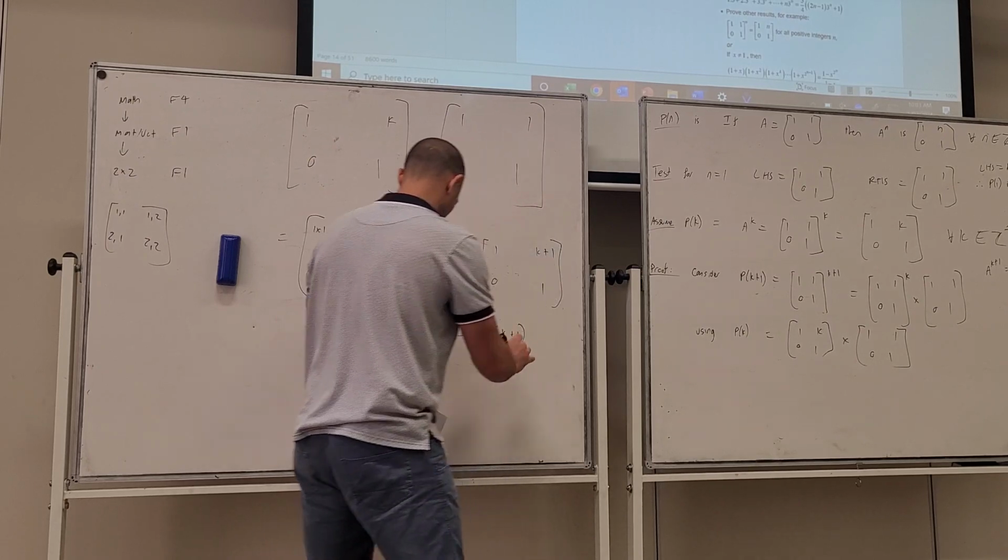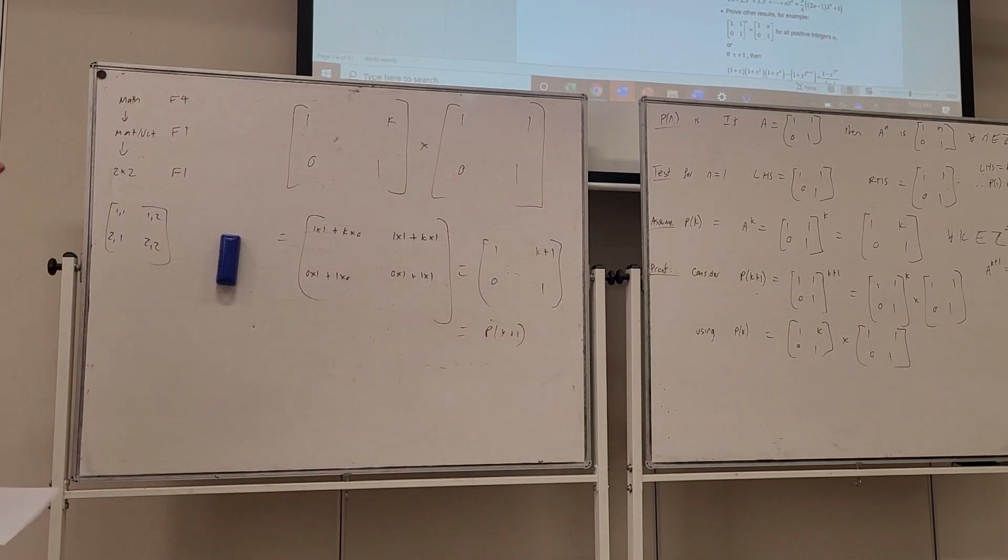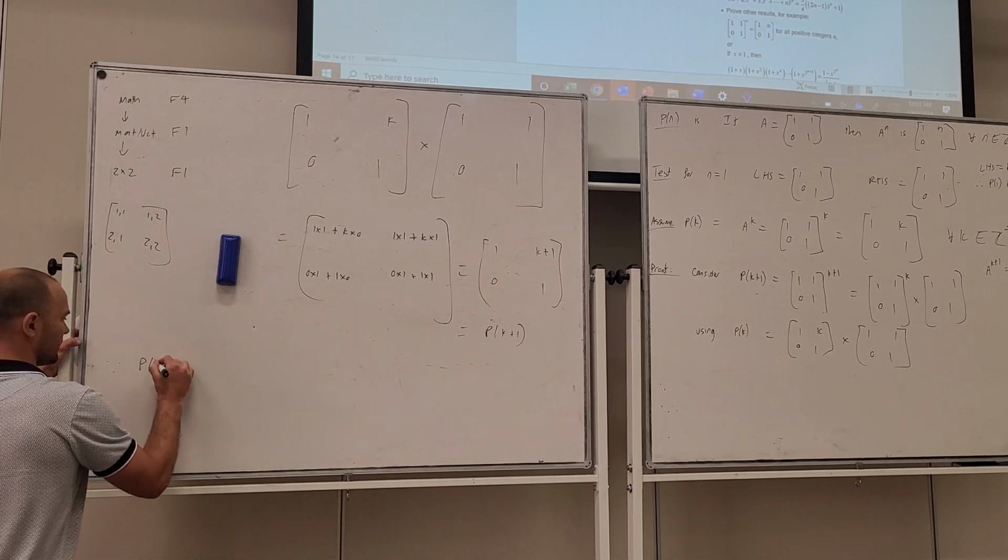plus 1, off to the moon. Alright, it's true. Because P of 1 is true and P of k plus 1 is true,